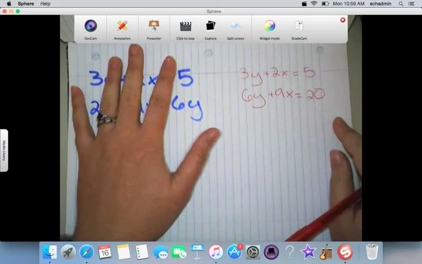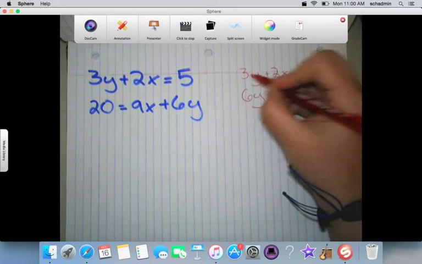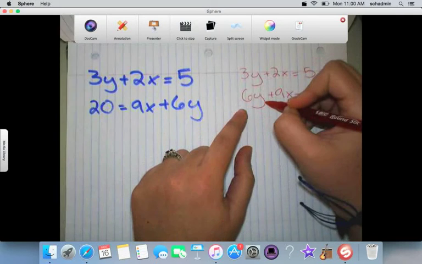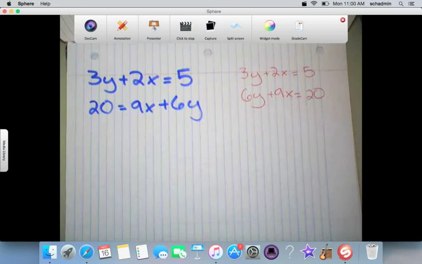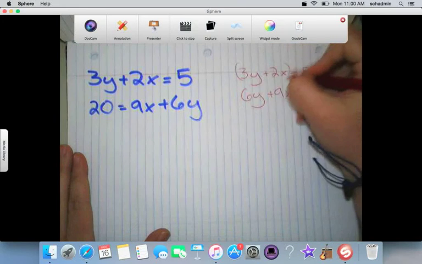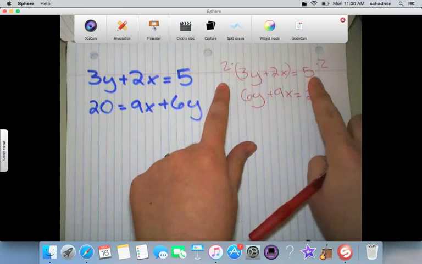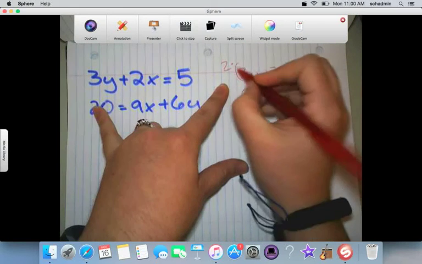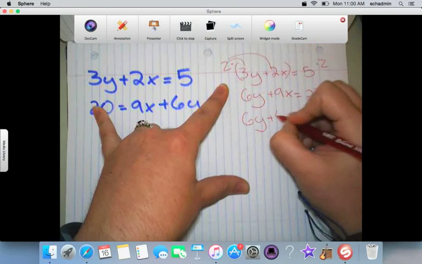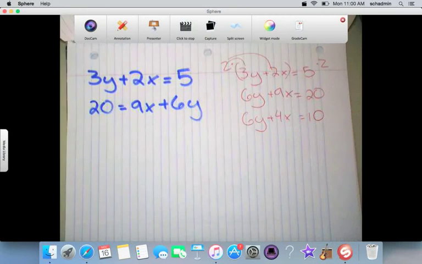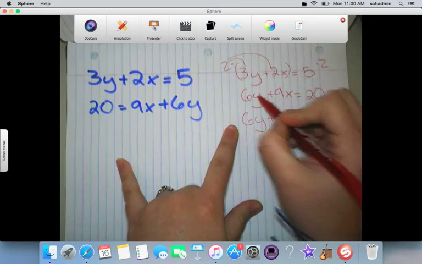I'm going to look right here. Nothing is exactly the same, but if you'll notice, you have a 3y and a 6y. Those are pretty close to each other. And if you multiply 3 by 2, you end up with 6. So what you're going to do is multiply everything by 2. The entire equation has to be multiplied by 2. And you end up with 6y plus 4x equals 10. Same equation, all you did was multiply it by 2, and right here,